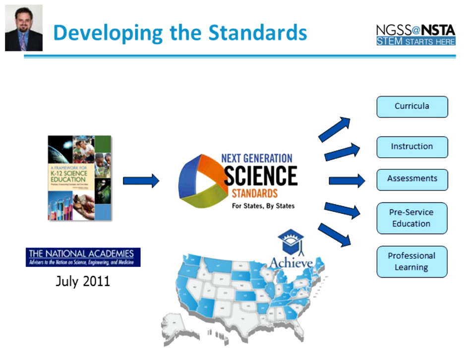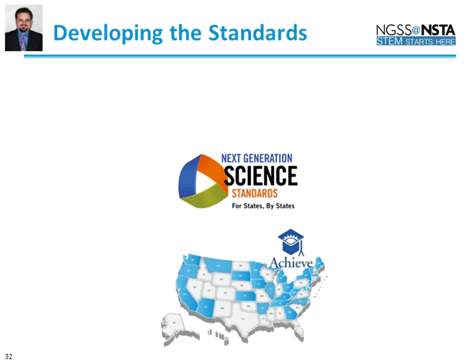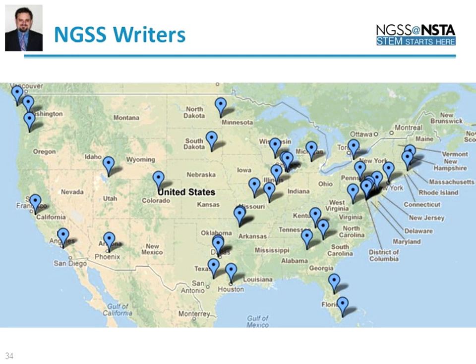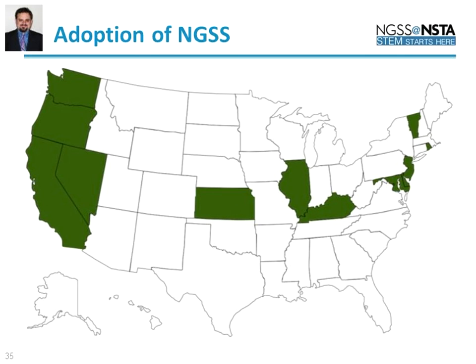And so that whole structure of those three dimensions was developed in the framework, which leads us on to the standards themselves. Now, the standards were developed by a group of 26 lead states, the states that are outlined in blue. Each of those states had a group of educators who was involved in having teams that reviewed the standards. And there was also a group of 41 writers stretched across the country. Some were classroom teachers. In fact, almost half were classroom teachers at the time that things got started. But there were also university faculty, some scientists, people who were district personnel and state personnel, lots of different roles.